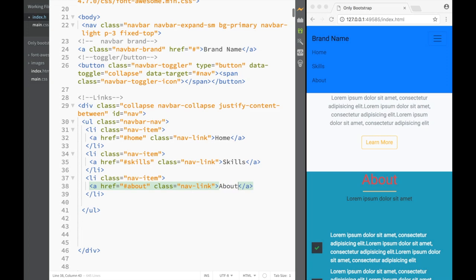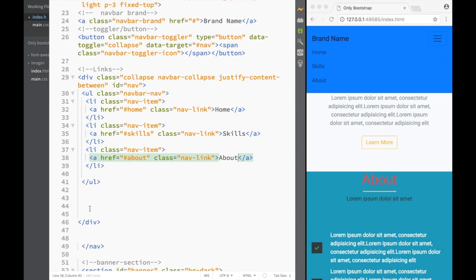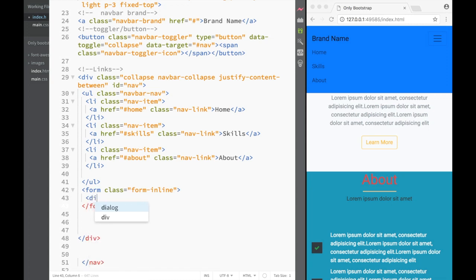Now that we have 3 of them, we would want to add a form. So still within this div, but not within this ul li. We're going to write form class over here, and this is going to be form-inline. And then we're going to say that this is going to be a div class,